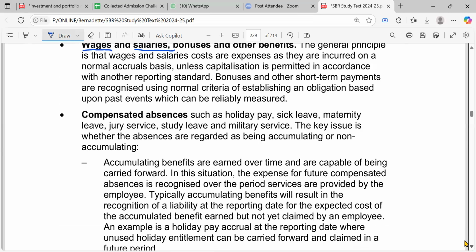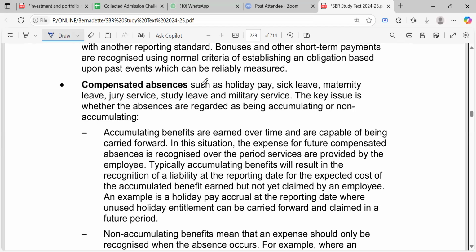But you can have compensated absences, right? Of course, this is a benefit. You are not at work, but they pay you, right? For example, you may find maybe one year they pay you, the next year they don't pay you. Then the years will be interchanging that way. So it's also a benefit. You are an employee, they pay you. Like for example, the holiday pay, the sick leave, maternity leave. I hope even there you also practice it, right? Maybe study leave. Someone may go to study and they'll still be paid, military service.